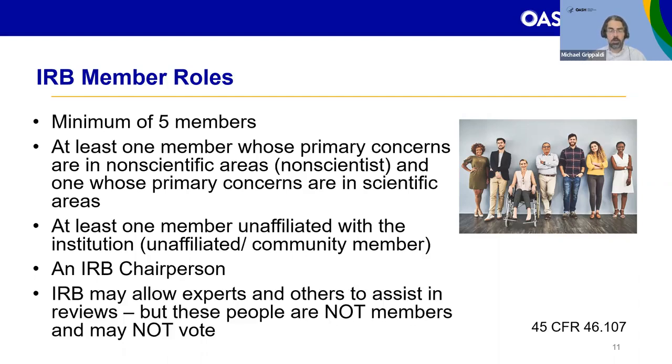The regulations also permit the use of experts to assist in the review of research. An institution can establish a policy for allowing someone outside of the IRB to provide expertise in an area when either the IRB lacks it or the IRB might have questions about it. So for instance, an IRB that primarily reviews adult clinical trials may need to consult with a pediatrician or pediatric specialist if they're reviewing a clinical trial involving children. When experts are used, they're simply providing their expertise to the IRB, and they're not actually members of the IRB. This means that they cannot vote.